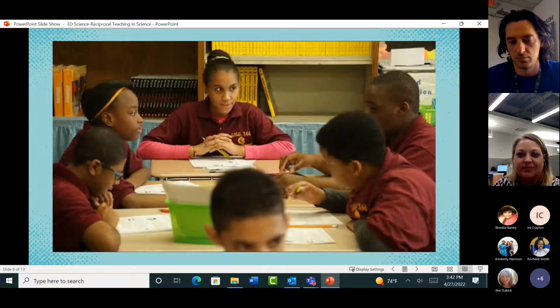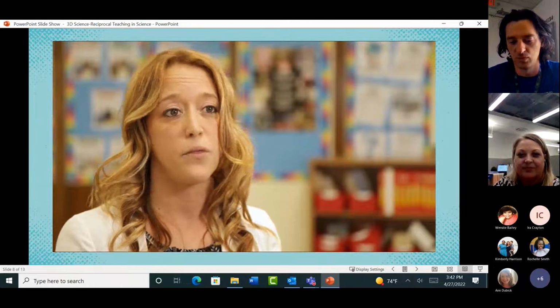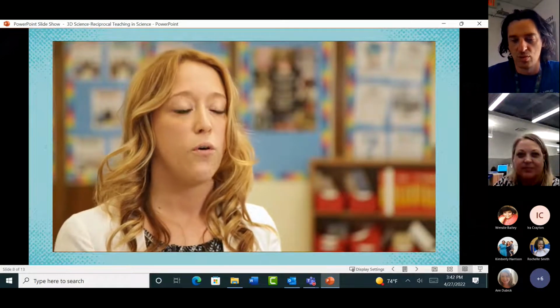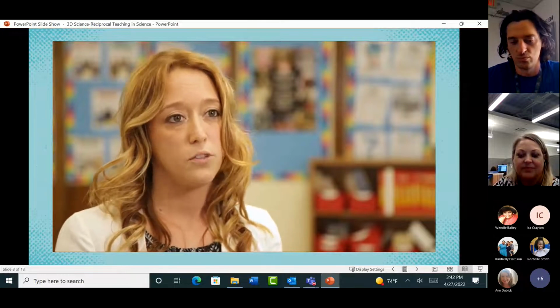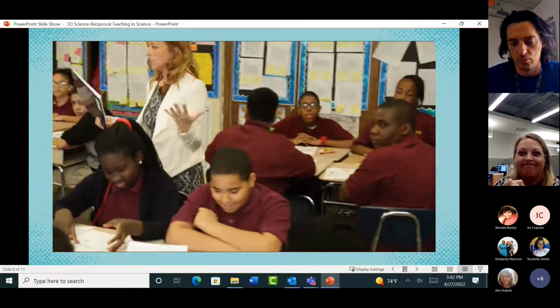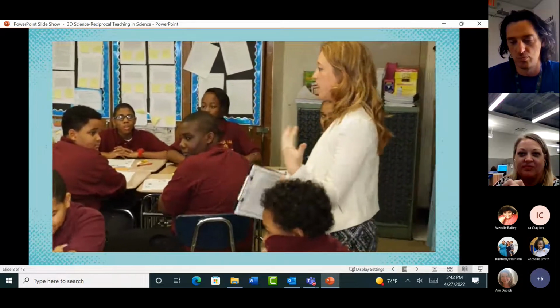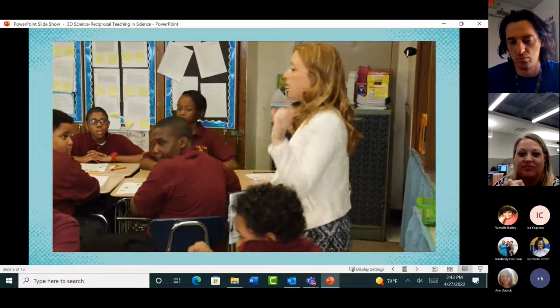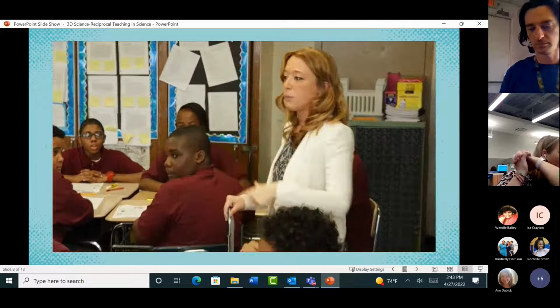Fishbowl Moments is a way for me to model fabulous discussions that they're having, and I want the whole class to hear. So I walk around and I monitor the entire time that they're in the 20 minutes of doing the framework of reciprocal teaching. They came across a word that was foreign to them. They didn't understand it. So they stopped and they tried to figure out how they could clarify what it meant. Then, not only did they find the definition, but they figured out a way to put it in their